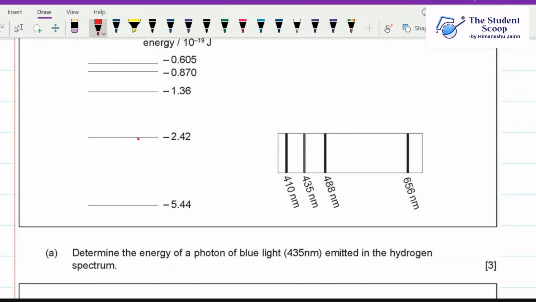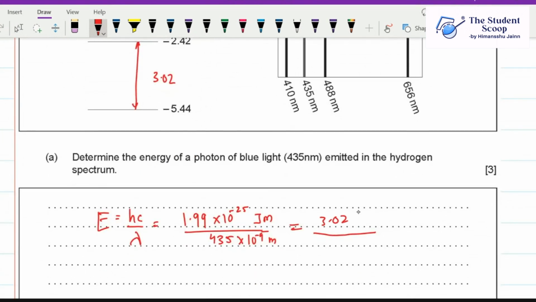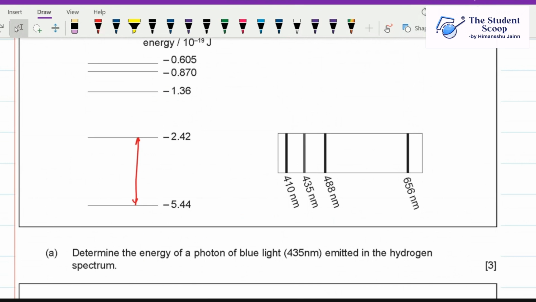So for example, if I take the difference between these two energy levels, 5.44 and 2.42, it is roughly around 3.02. So if my energy is 3.02, then these two energy levels are involved to give me this photon. Okay, so this answer turns out to be roughly around